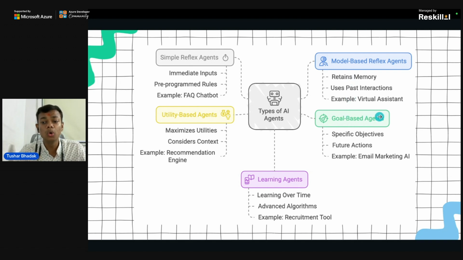Then we come to the goal-based agent. From the name itself, the goal-based agent is used for achieving XYZ goals. But it not only achieves the XYZ goals, it performs actions based on those XYZ goals. Another example is email marketing AI as well. But if we talk about one more real example, the goal-based agent